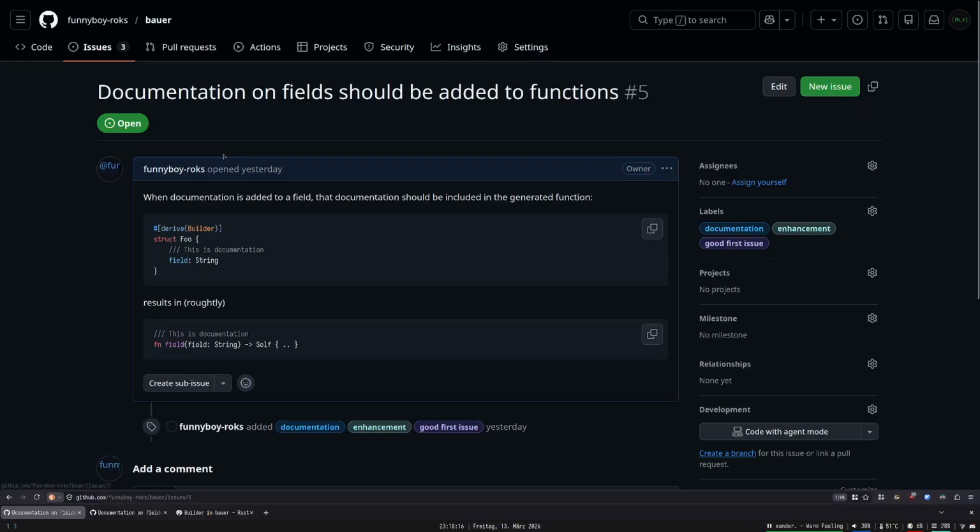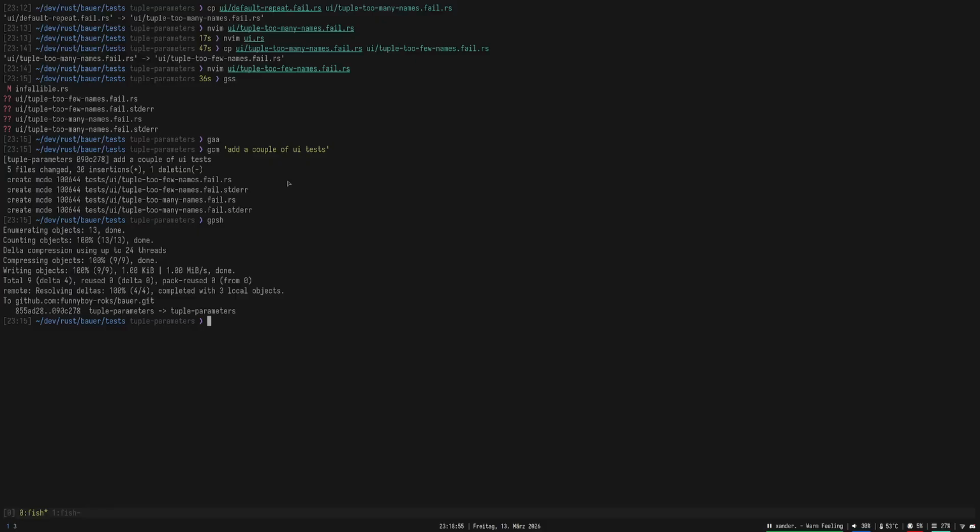Okay, so let's do this documentation on fields should be added to functions. There's a couple of levels to this. There's the simplest way of literally taking all of the documentation and moving it to the function. But then there's more of a way to allow the user to specify what documentation should be put on the ultimate function. I think that's a future enhancement, but for now I literally just want to copy paste this to this. Because right now if we look at